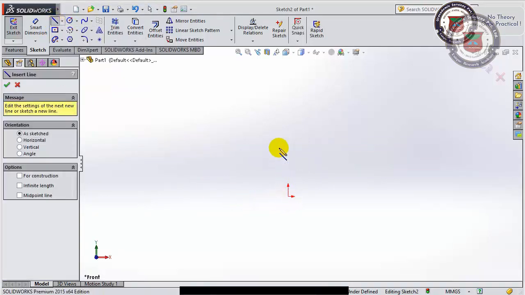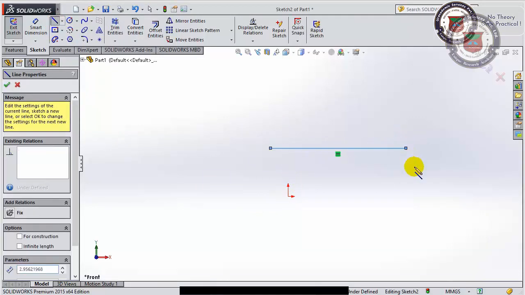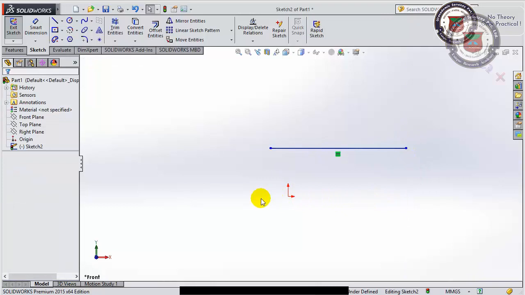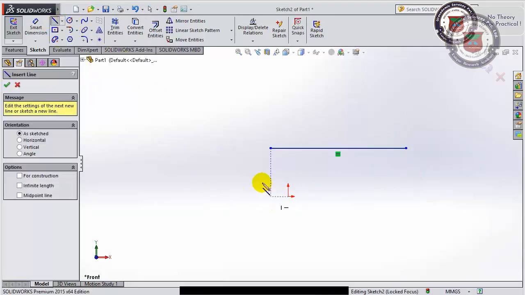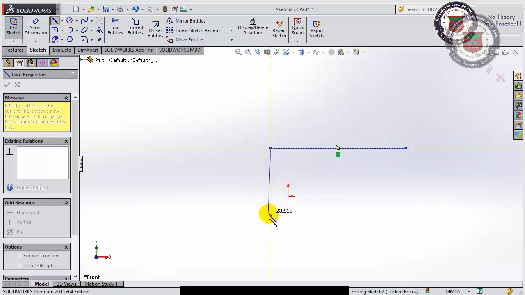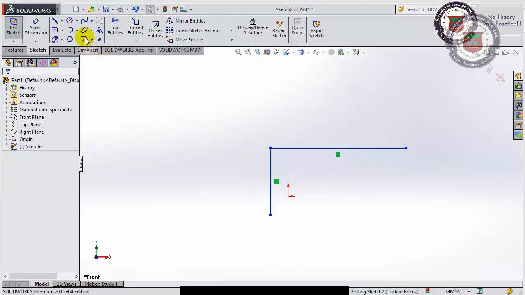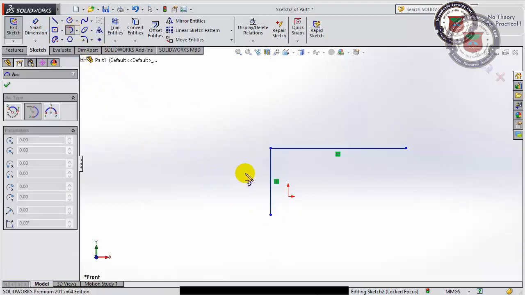The next is a tangent arc. For a tangent arc, first of all, I will need to have a line or a shape for which we want to make a tangent. I can generate an arc from this. Suppose I want to complete it here.